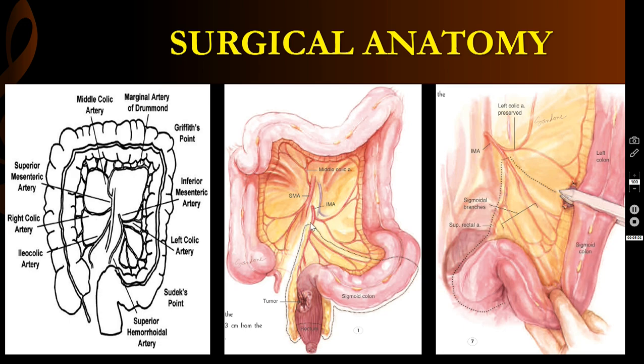After that, we have to ligate. You are able to see it clearly in this picture. You should not ligate at the origin of the inferior mesenteric artery. You have to ligate after the branching of the left colic, below that, so that the whole sigmoidal artery and the superior rectal artery will be cut off. Here you are seeing you have to separate the mesentery and you have to do it, but in